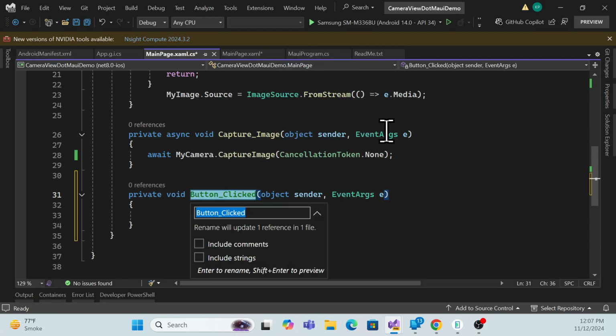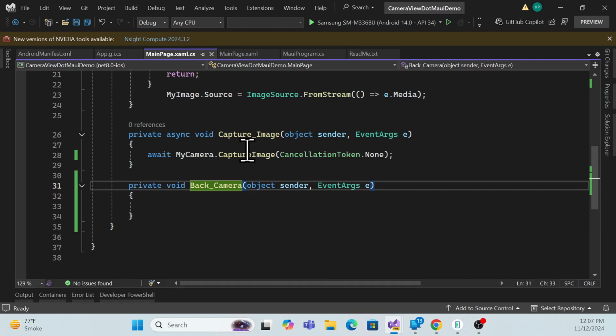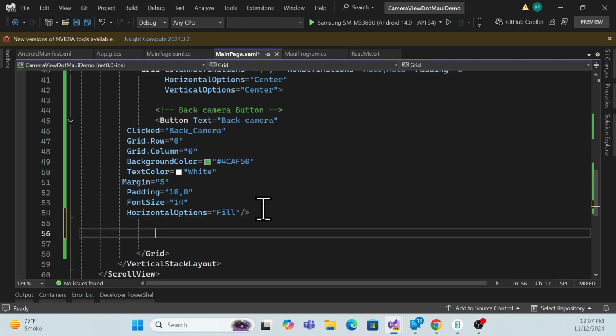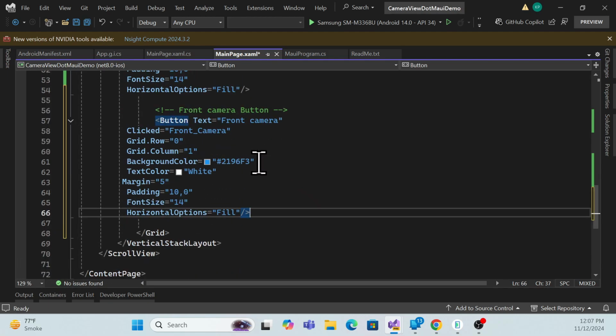Remove that back camera, and now go back over here. Now see, back camera has changed. This is just simple back camera functionality we will achieve over there. Then also we have to record that front camera. Let me add that front camera,